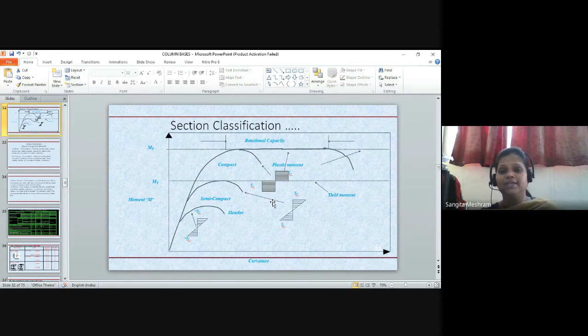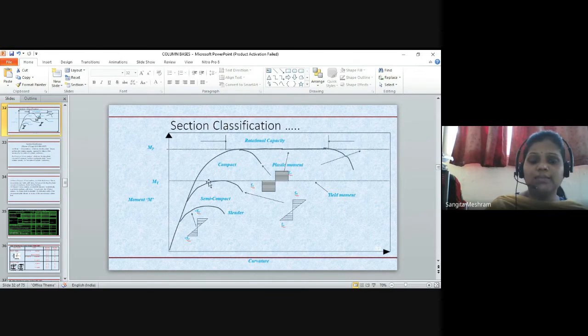Okay, you already studied this stress strain curve, so this concept we can use here in section classification. It means up to this yield limit, below that yield limit. Okay, so this member is related with the slender member. Fy means yield stress. The slender section is related with the yield stress, meaning up to the yield point it will have the capacity. Okay, so that type of section is the slender section.